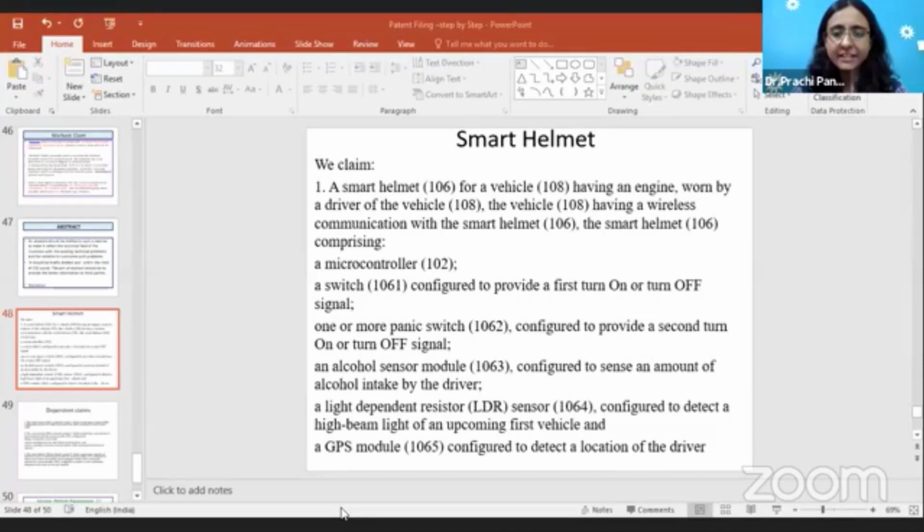Syntax is very important. You have to follow the proper syntax, the proper formats, and the way it should be written. You can go through some of the patent applications; once you read them, you will get an idea of how they write. So I think this is from my part. If any question is there, the abstract, again, you can see they have written in just 150 sentences, and then figures are there. If any question is there, I will answer.